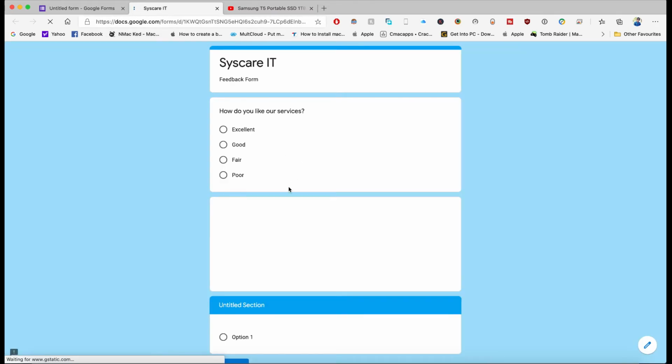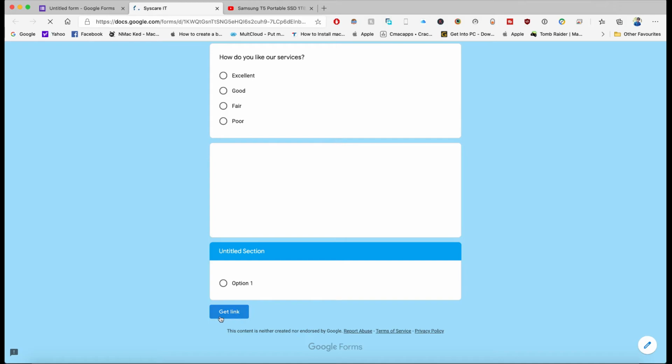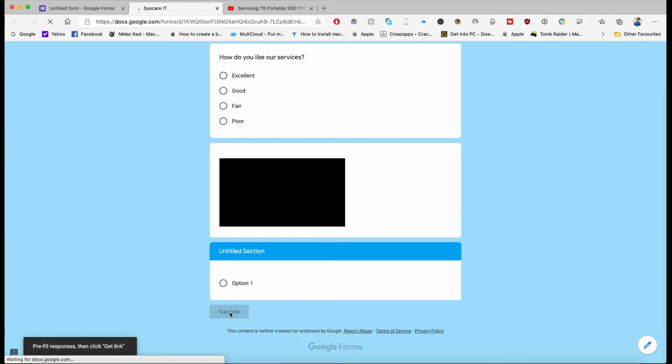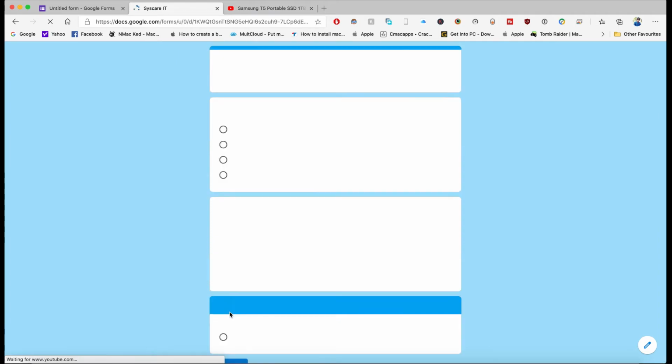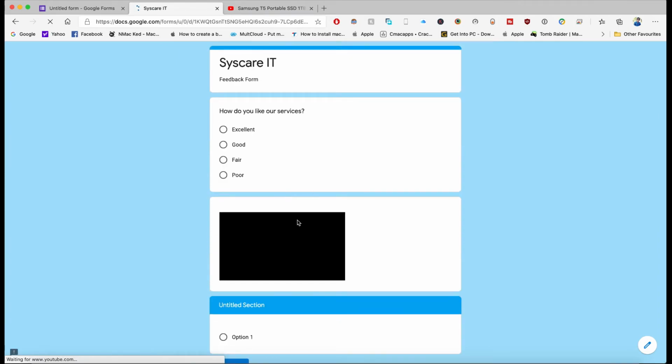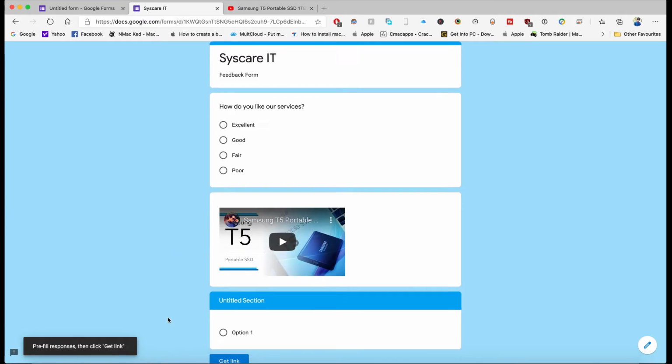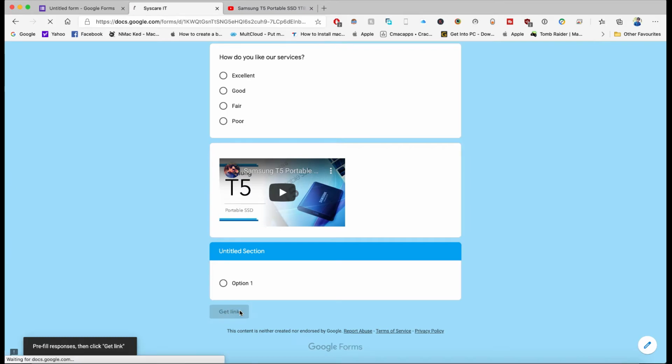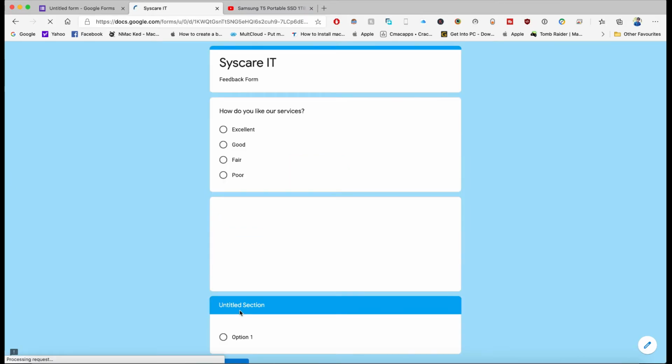It will take you to a window, and it will let you create a link. If you click on get link, you will get a link.